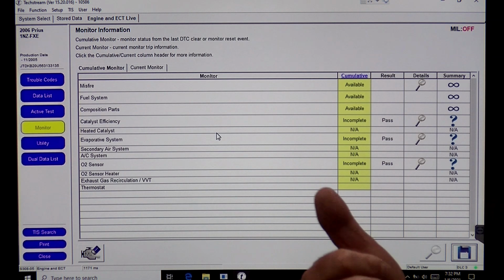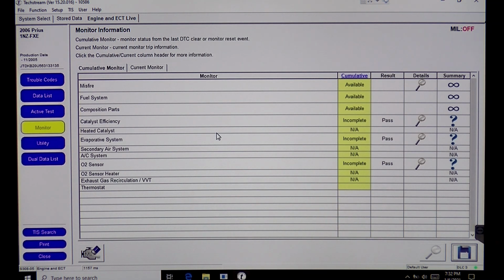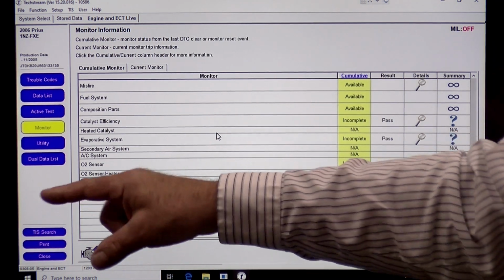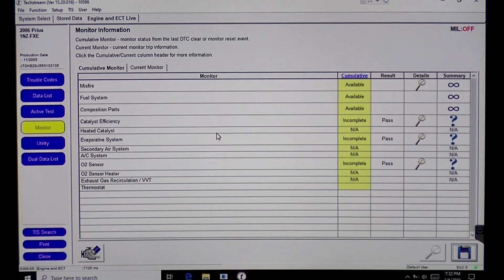Then they added EVAP. Secondary air some cars have, EGR, VVT, and you notice Toyota likes putting thermostat right there. The thermostat monitor was added back in 2000, okay? It was supposed to be PCV, but that didn't happen there. So now we're going to go back